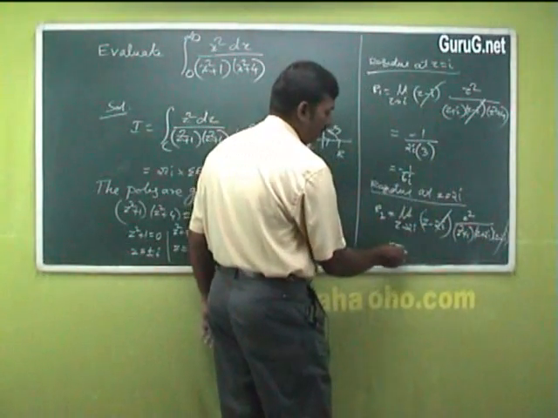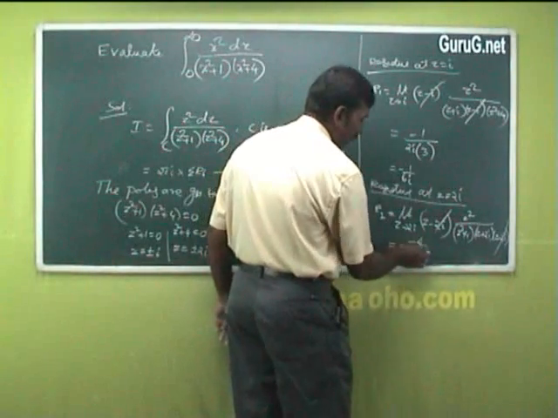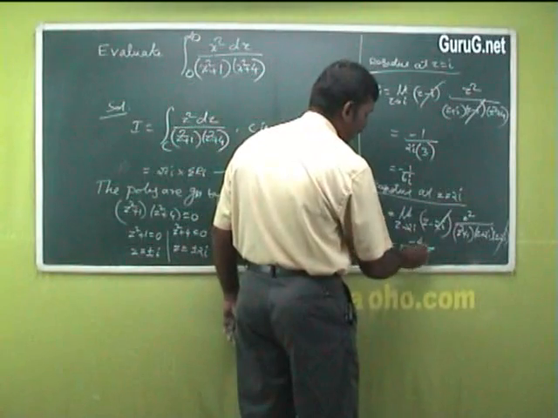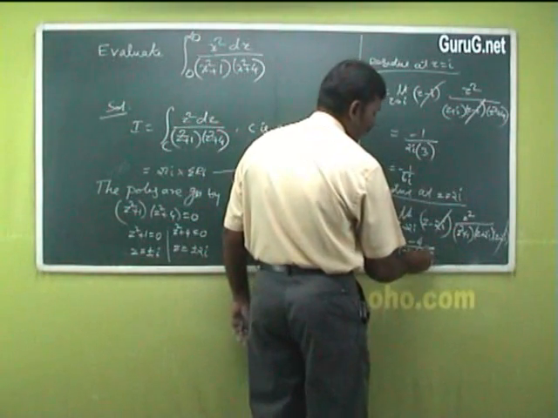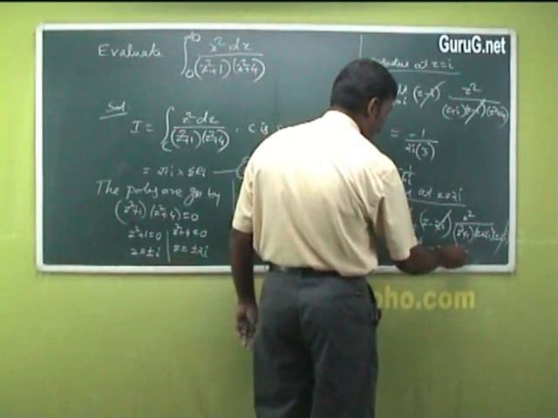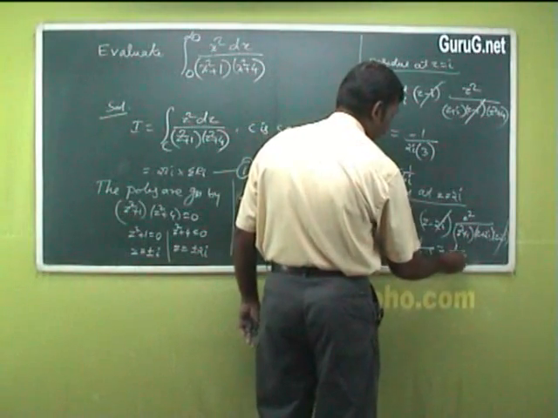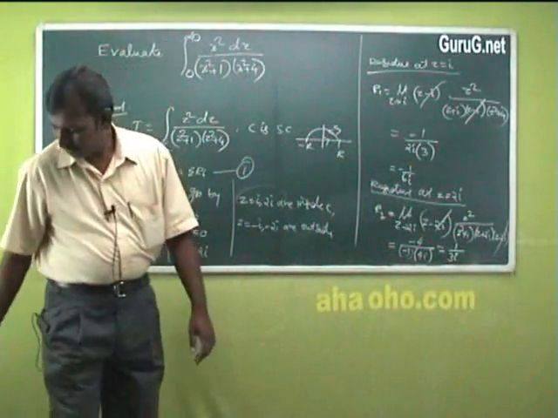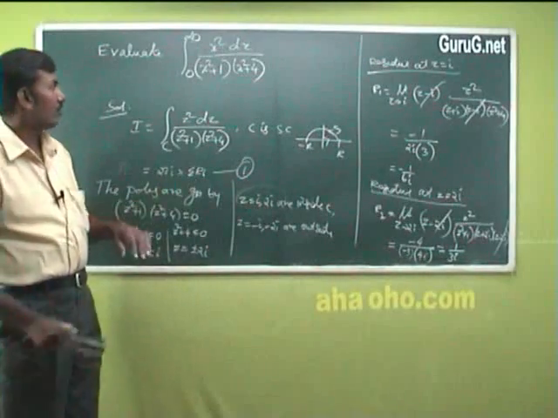Substitute 2i: so minus 4 by minus 4 plus 1, which is minus 3, into 4i. So you get 1 by 3i. Therefore, equation 1 becomes,